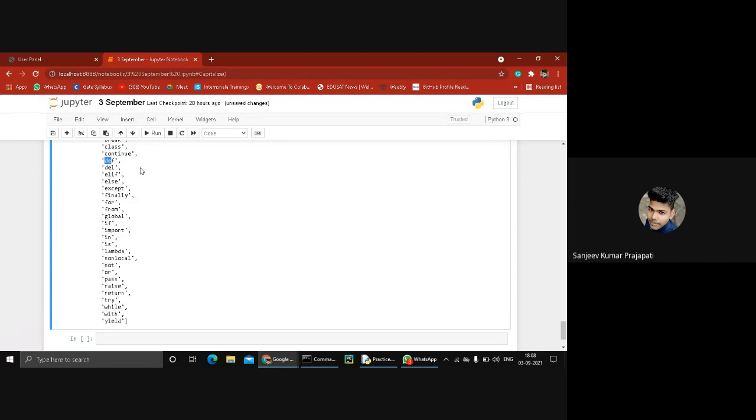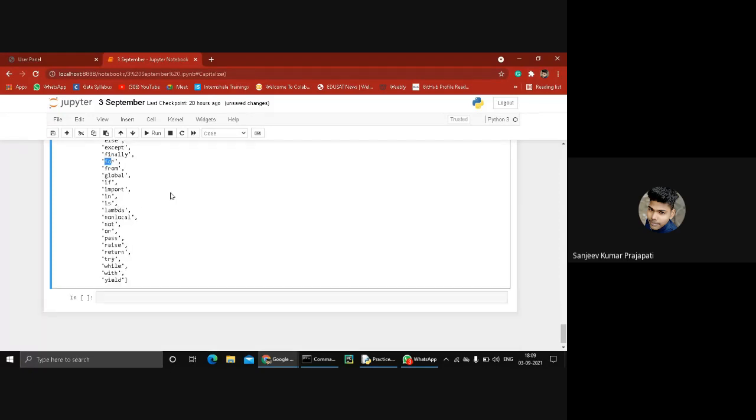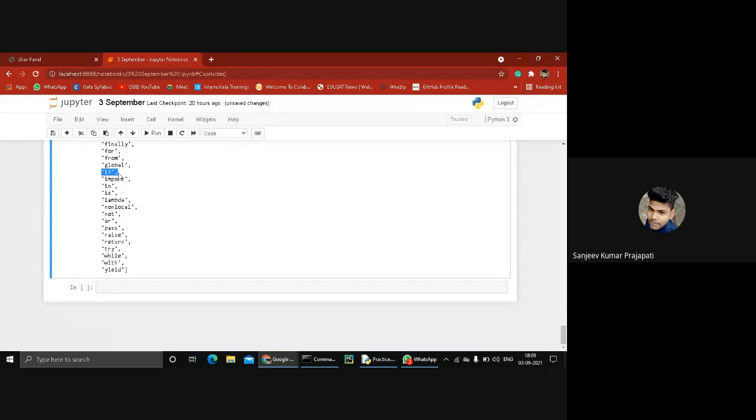Def is used to create a function, and del is a keyword again. It's used to delete any variable, any character in your entire string, as well as an entire list. elif is a condition statement, else is again a condition statement, and for is a loop used to print any statement in the iterable form. Import again is a keyword.